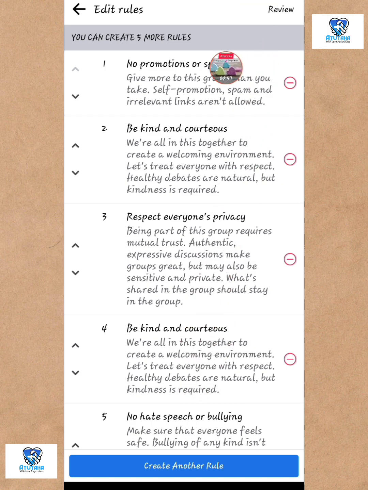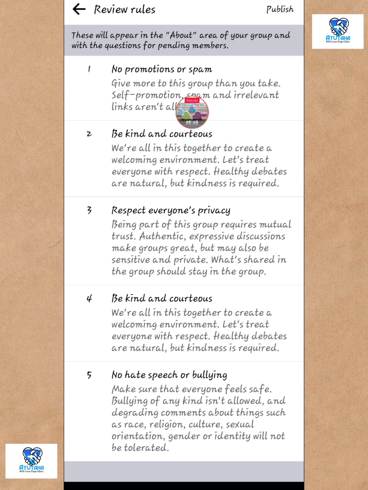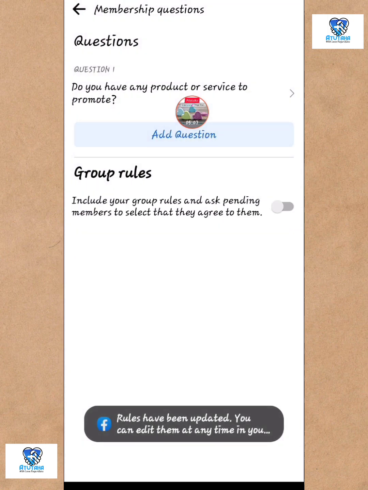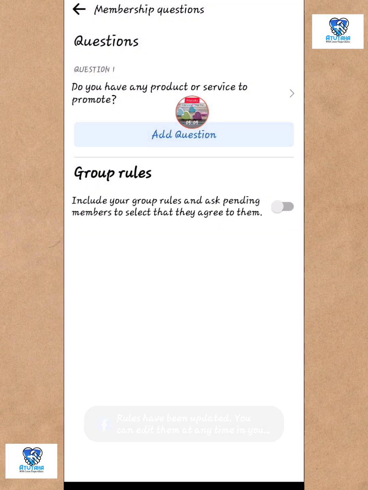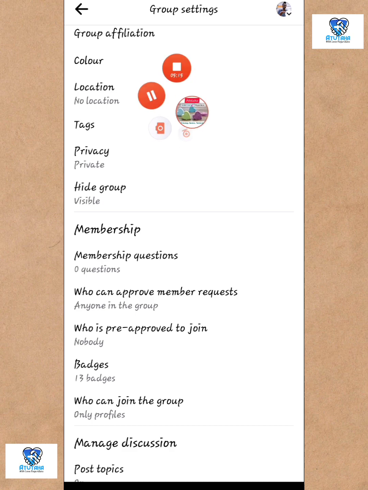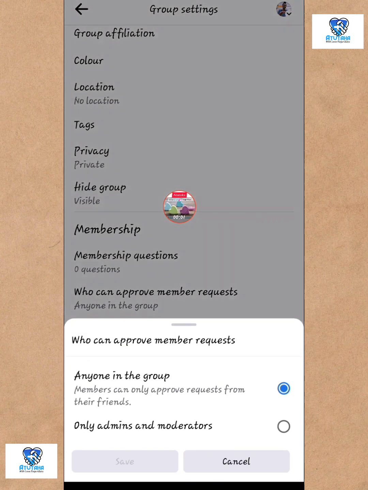And a few minimums. Okay, so you can create up to 5 more rules. Hey, no hate speech. Make sure that everyone feels safe. Okay, rules have been updated. You can edit them at any time. And then you, the administration, can always edit these rules. Like, it's not final. If you see that maybe the rule is no longer relevant at that particular point,